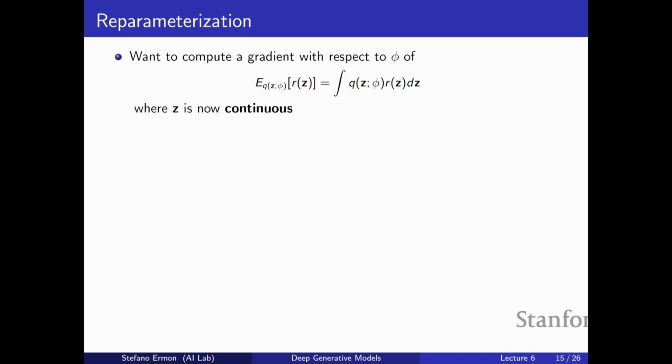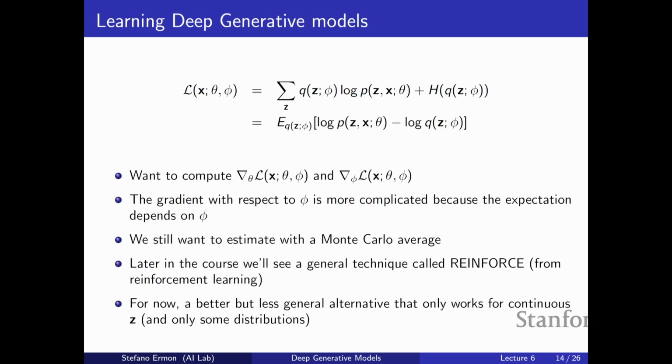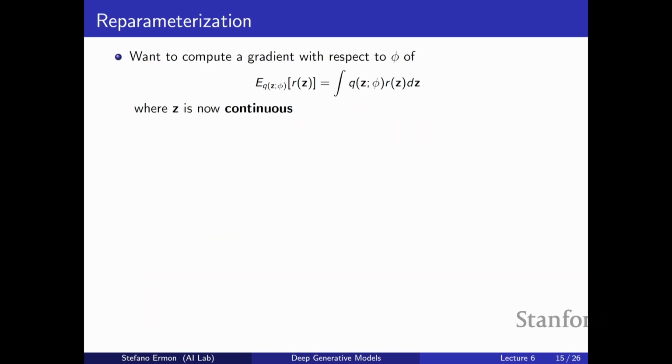So it's an integral with respect to this probability density function Q, which depends on phi, of some quantity, which I'm going to denote R because it's kind of like a reward. But R of Z is just basically the argument of the expectation. I'm just changing the notation to make it a little bit more compact, but essentially the argument doesn't matter too much. The tricky part is to figure out how to change phi so that the expectation becomes as large as possible,